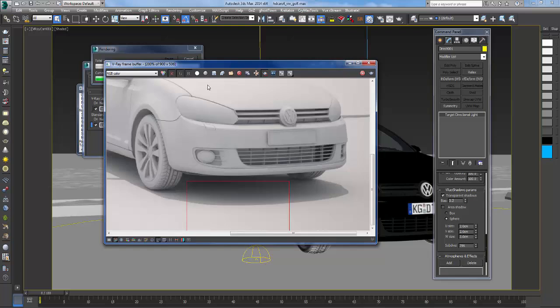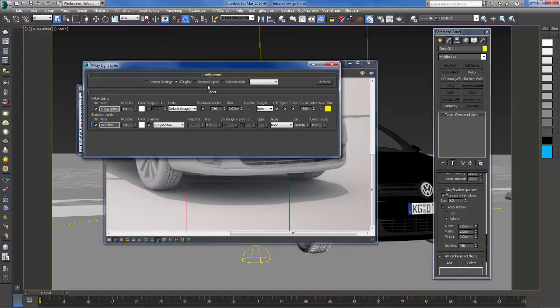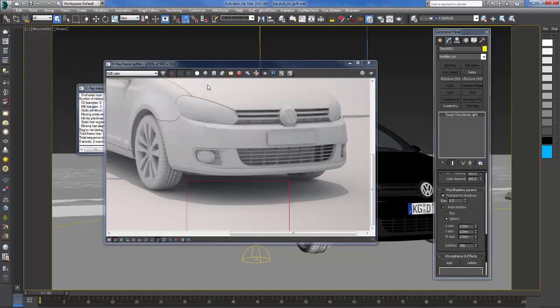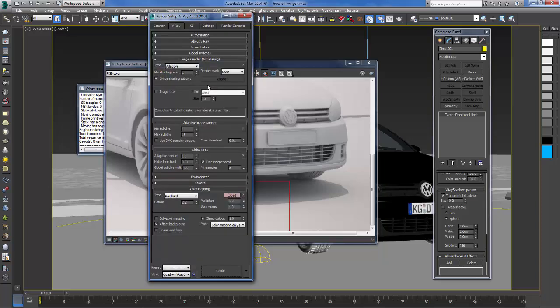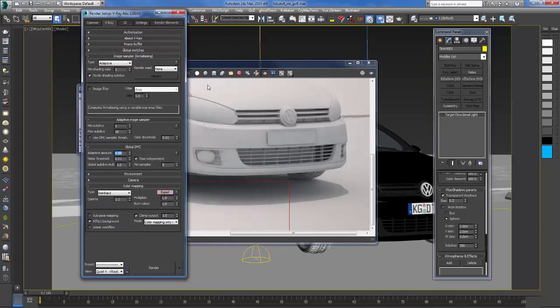Yeah, I still get the noise, as you can see. And I found out that the only way to get rid of the noise in this particular scene is going down here to render setup. The adaptive amount here, I'm going to lower it down to just 0.99. It's going to increase your render time, but it's going to give us a really smooth